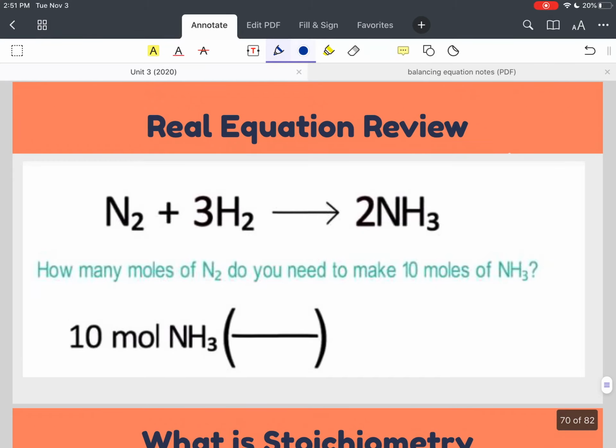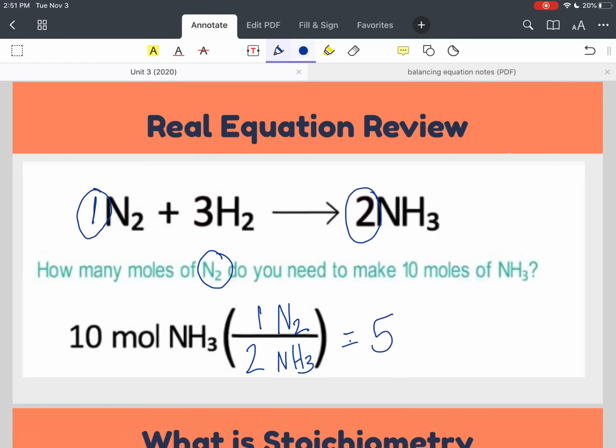Same thing here, right? I need my coefficients. I know NH3 is going to go on the bottom because NH3 is on the top, and I want them to cancel. What number is in front of NH3? A 2. Since I'm looking for N2, I want N2 on the top. What number is in front of N2? An invisible 1. Okay, so we end up with 5